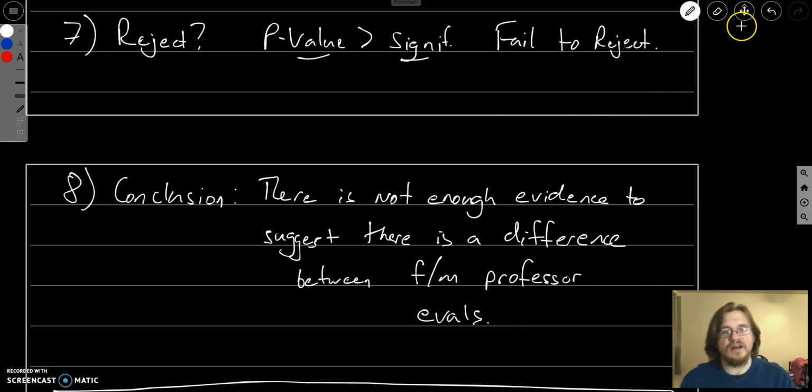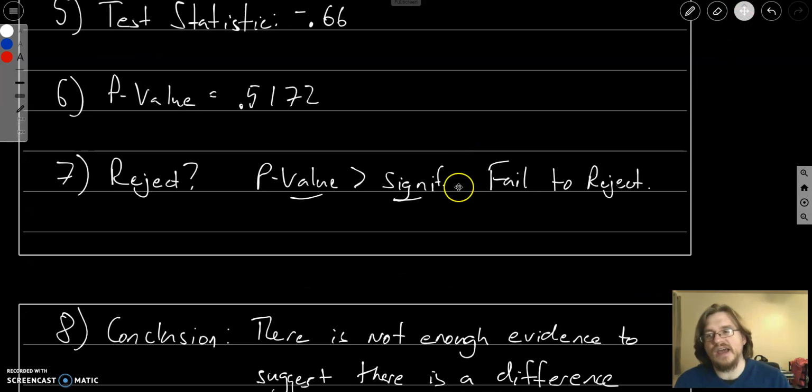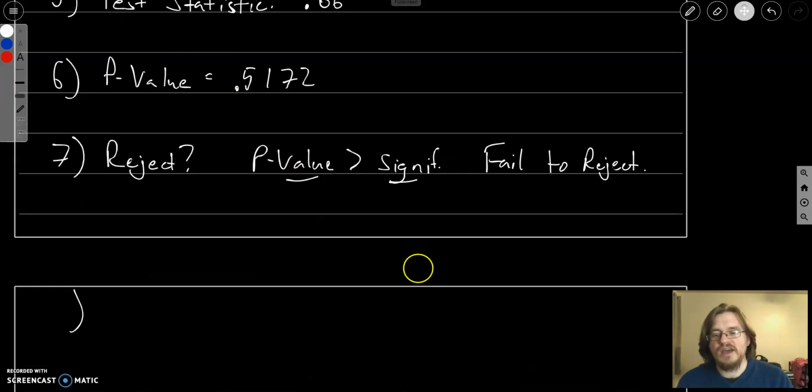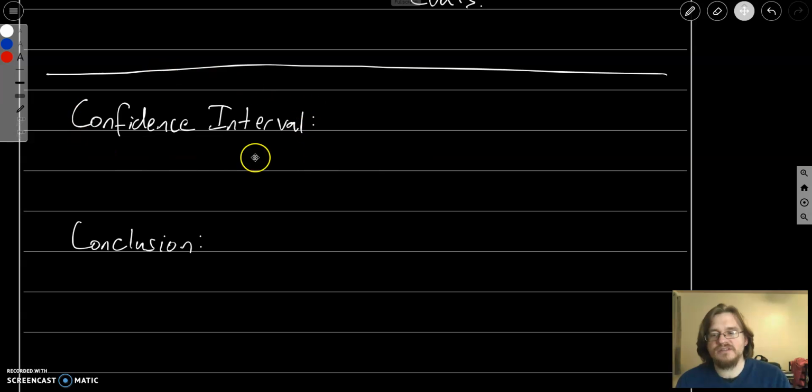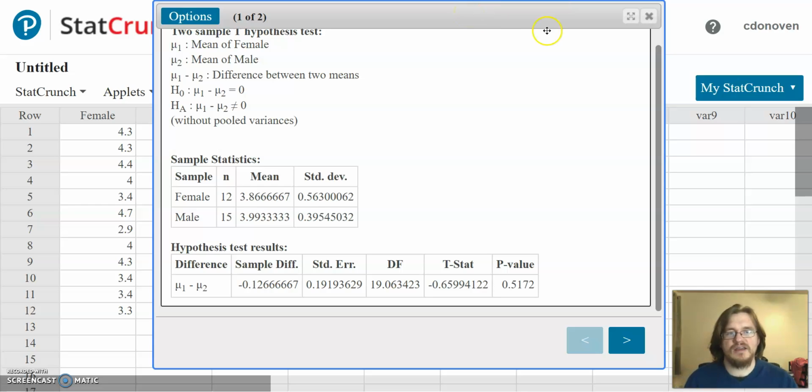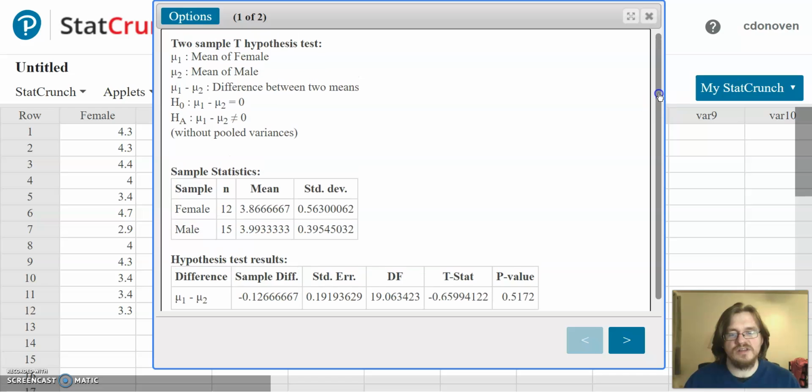So this is what we concluded using our p-values. However, we can also do all of this using a confidence interval. So let me come back, and before I show you the confidence intervals, one thing I want to point out is that the degrees of freedom that they used for this hypothesis test was